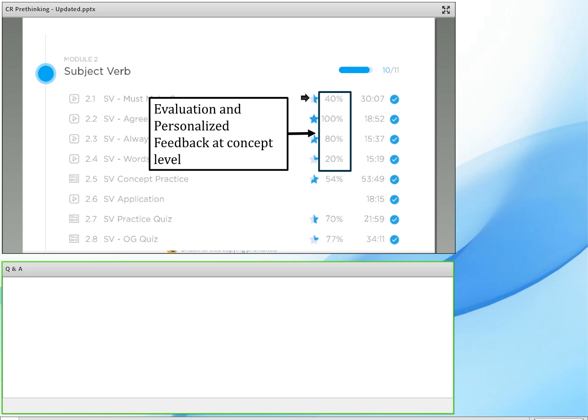In fact, we recently wrote an article on what causes success on the GMAT, in which we compared 600 students: 300 students who aced the GMAT and 300 who failed. This data at that granular level clearly tells a story of the students who aced the GMAT versus those who failed. Those who fail actually get poor scores over here, and those who ace get scores of 80 percent or higher.